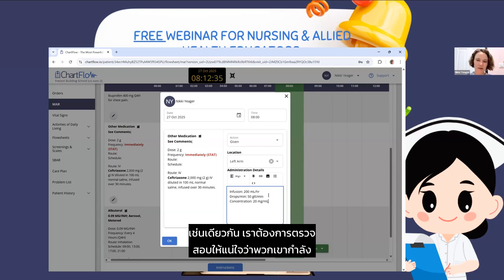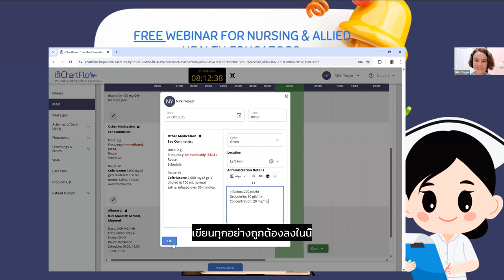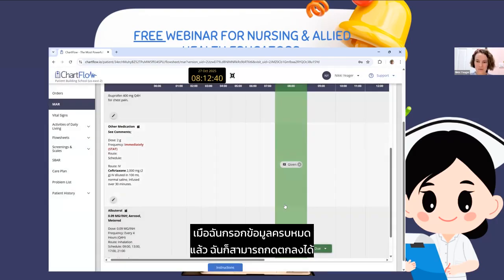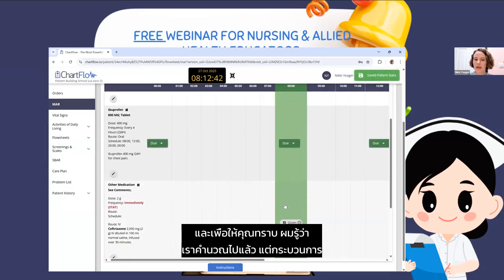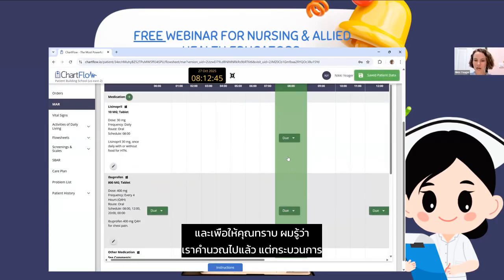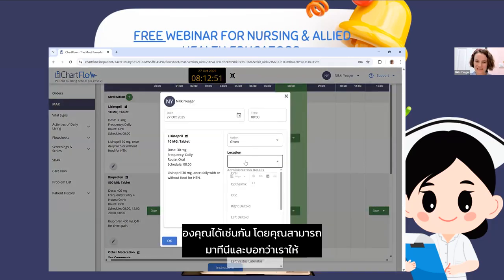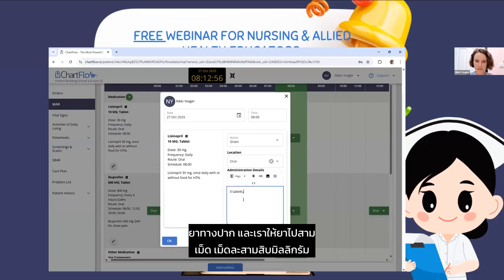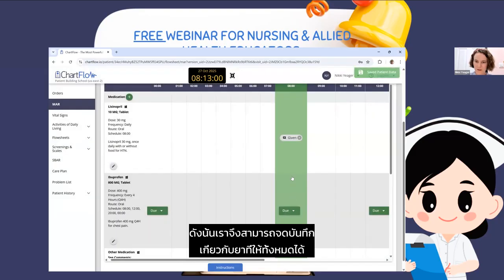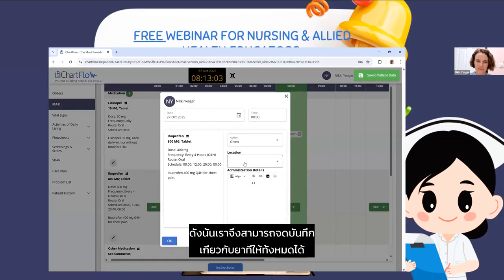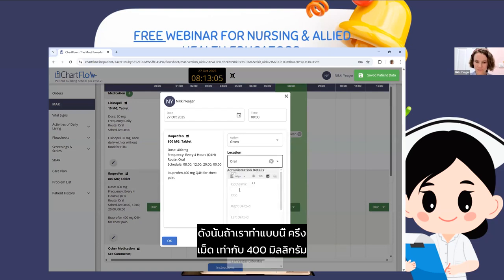Same thing, we want to make sure they're writing everything correctly in here. Once I filled it all out, I can hit OK. And just so you know, I know we already did the math, but the same process would work for your lisinopril and your ibuprofen, where you can come in here and say it's given. We gave it orally, and we gave 3 tablets, 30 milligrams. So we can make all of our notes for any medications given. So if we do it this way, half tablet,